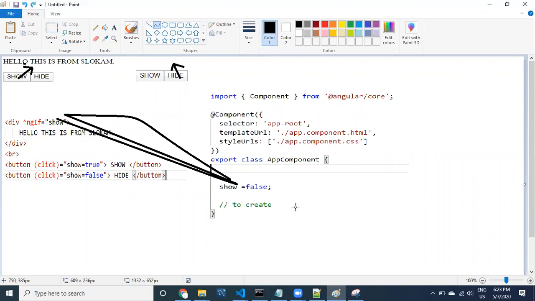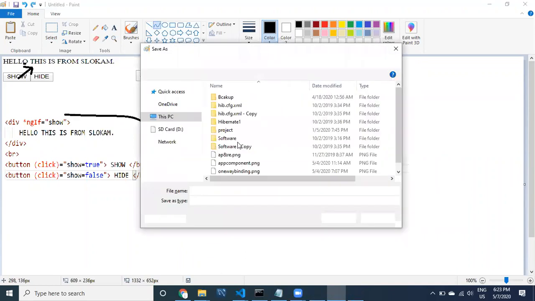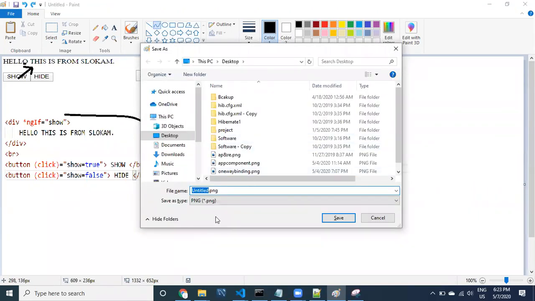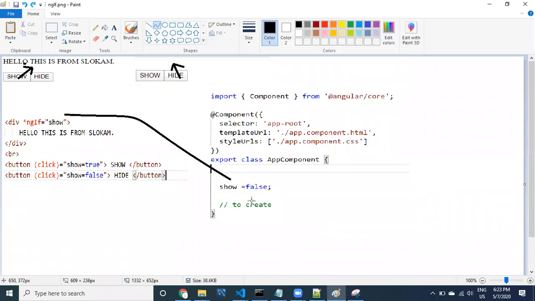This is the link. ngIf. Fine, this is the property, and just look at it, guys. On click, what's happening? We are using this property.